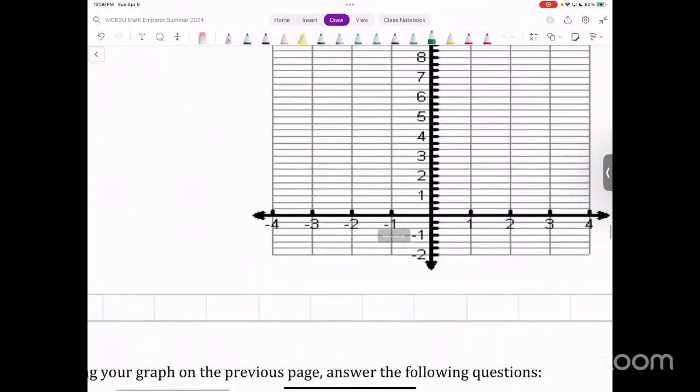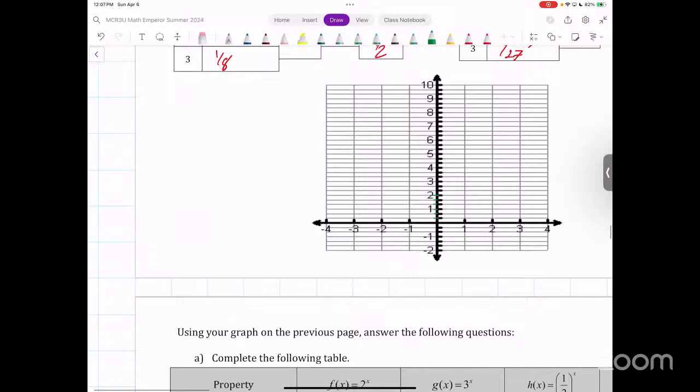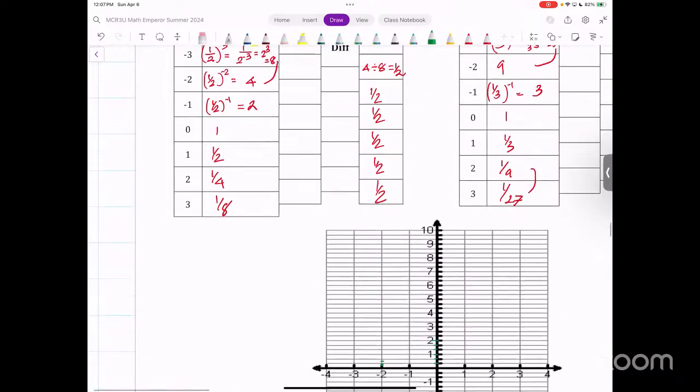-2.25. So where would the 0.25 be? -2. So 0.25 is somewhere in the half of this. So half, this is going to be the midpoint, half of this. Then I got